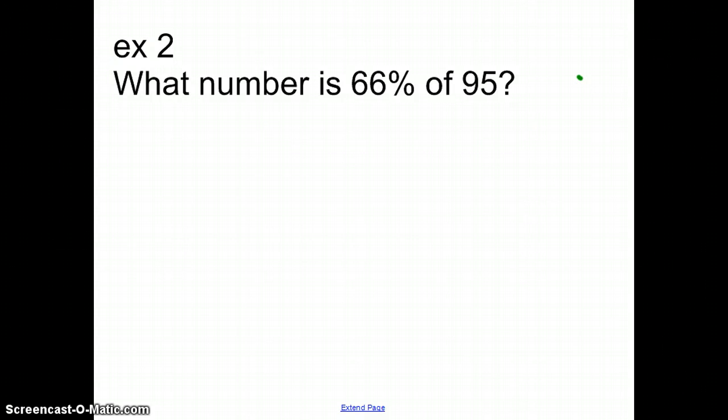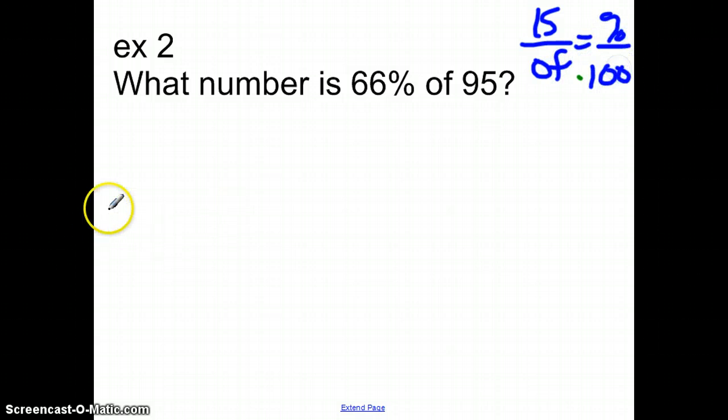Okay, on this problem, what number is 66% of 92? So is over of equals percent over 100. So if I set this up, 100 in the bottom,